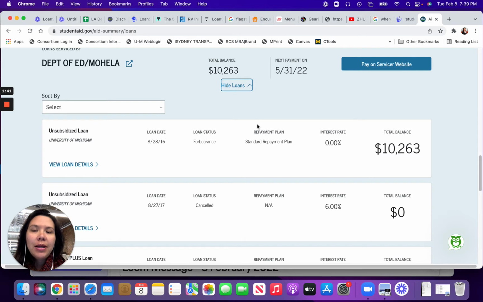Everybody that gets kicked into repayment is automatically put into a 10-year standard plan. What a 10-year standard plan means is that you will pay off the entire loan balance within 10 years, over 120 monthly payments. That's what a 10-year standard plan is. However,